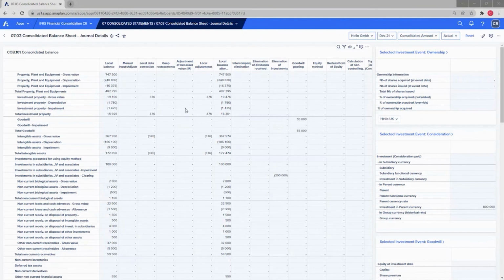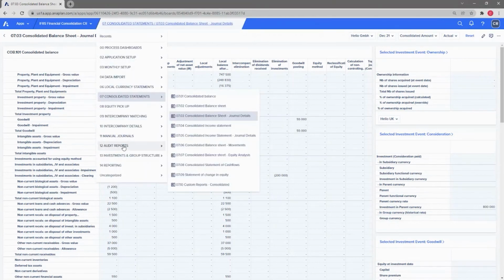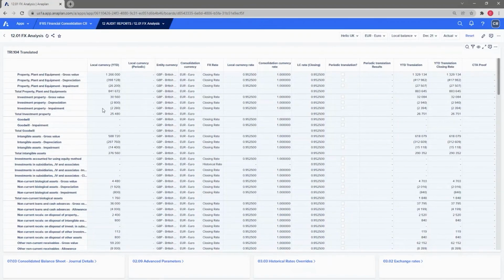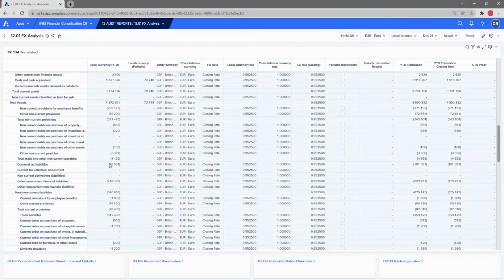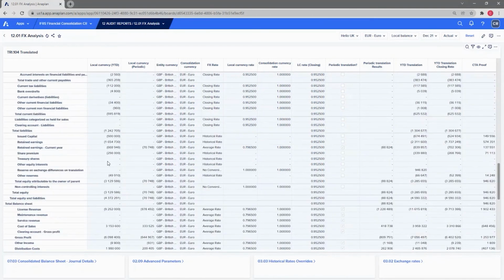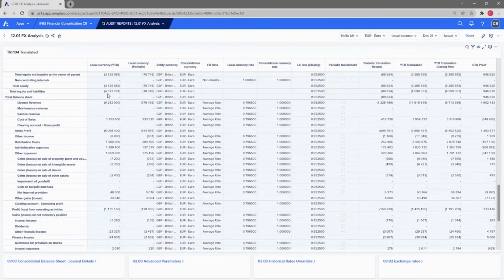We can also view our FX analysis and our currency translation adjustment via reports. Here, I'm looking at the UK entity, and I can see all of my balance sheet and P&L accounts down the left-hand side. If I scroll down to my P&L, we're able to see our local currency values year to date, our periodic currency year to date. We can then see the FX rates that these accounts are converted by,